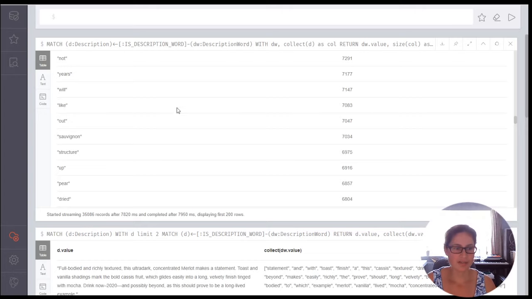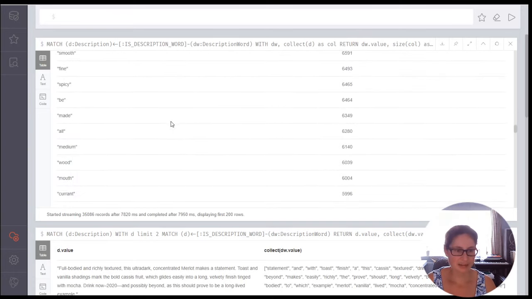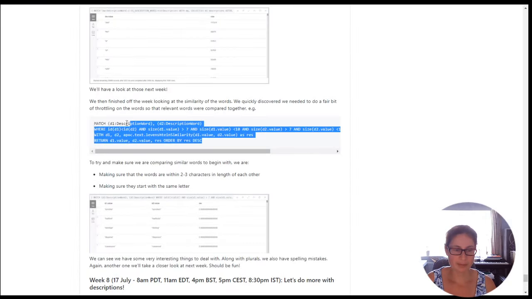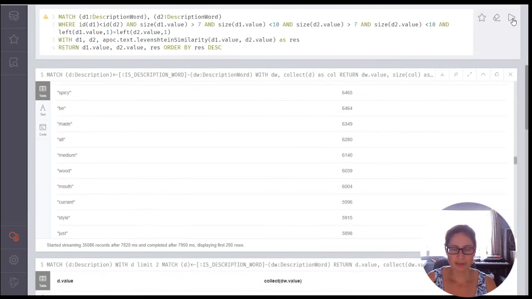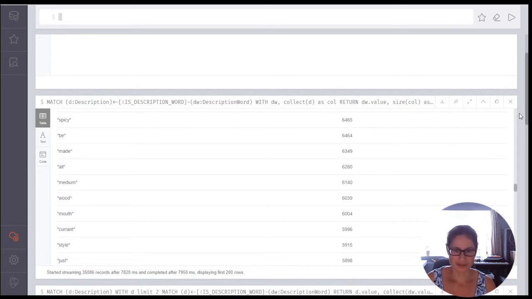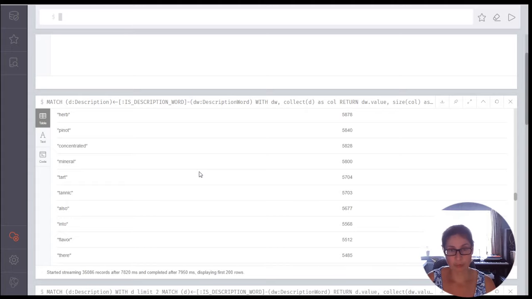Okay, so that's interesting. And then the other thing we had as well is we had plurals and we had spelling mistakes. And what we did, we had a look. We used Levenshtein similarity. So I'm going to just grab this one as an example. So I'm just going to run this. It's going to take a little while to compare them. And we had to heavily throttle it. We were checking that the two words we were comparing started with the same letter. They were roughly similar size, within 2-3 characters and that kind of thing, because we've obviously got a lot of descriptions. So we'll look at those in a second. So you can see these, and this brought up a lot of spelling